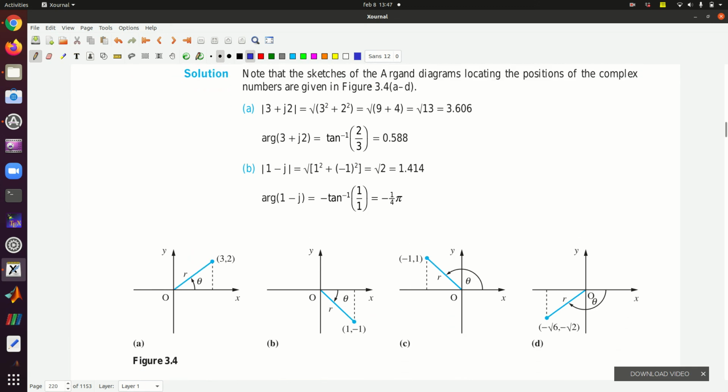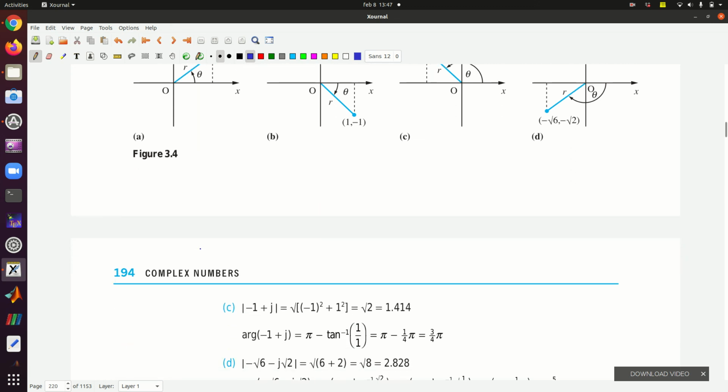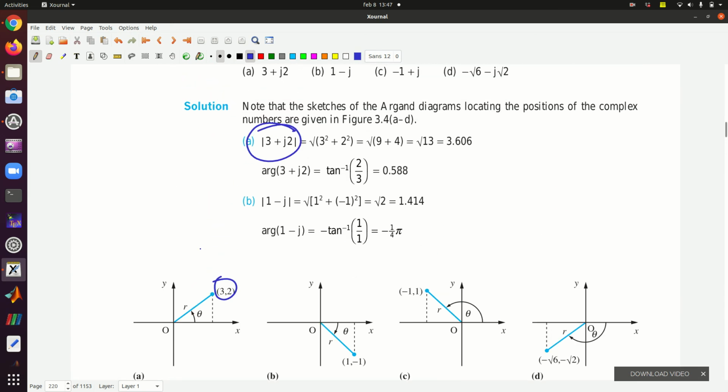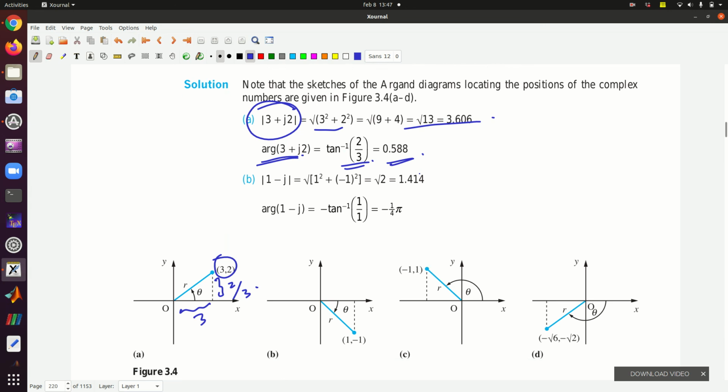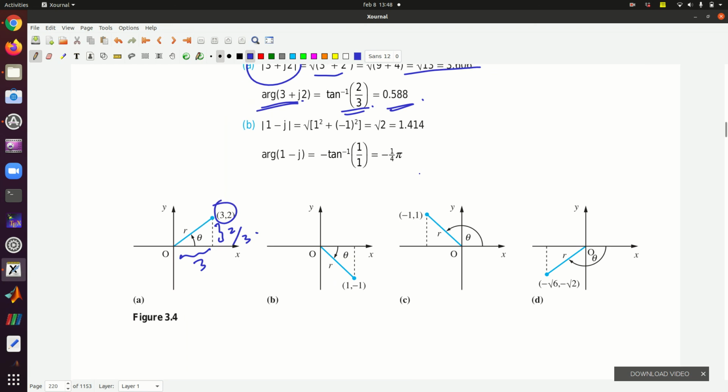For instance, you have this one here, and they ask for the modulus, which you get as the square root of x squared plus y squared: the square root of that plus that. Then its argument is just tan inverse of 2 over 3, which gives us, in radians, 0.588. Then the rest is the same here. The modulus